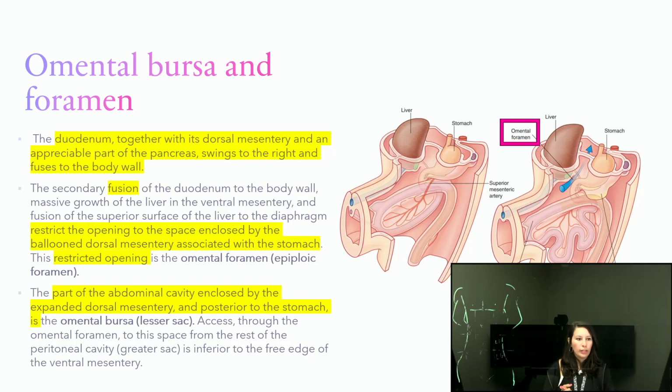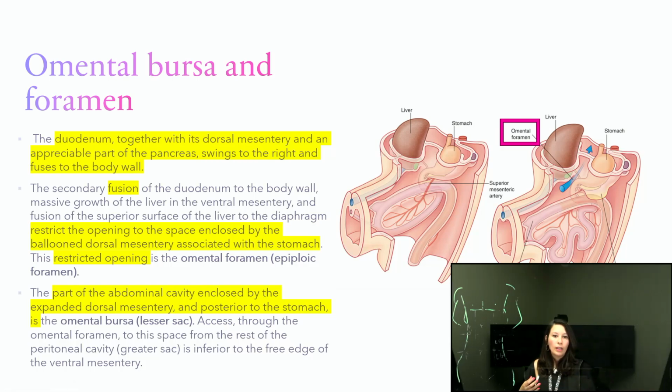and where is it located, where does it come from, right? So essentially the duodenum, together with its dorsal mesentery and parts of the pancreas, will swing to the right, and then it fuses to the body, right? Like during embryological stages, your organs, your abdominal organs, are constantly rotating to finally get into the location where they